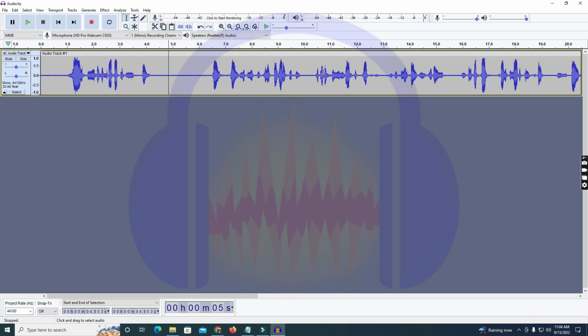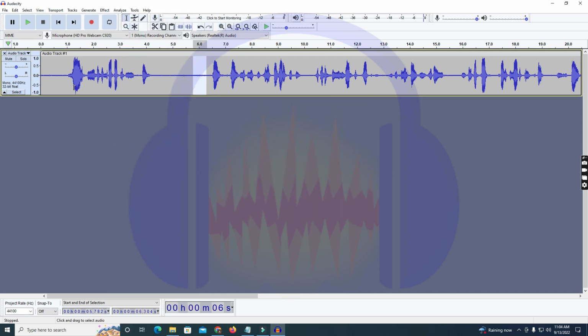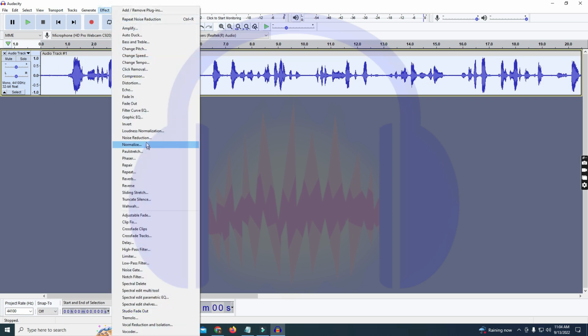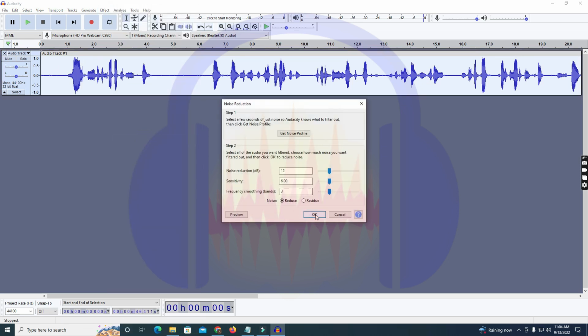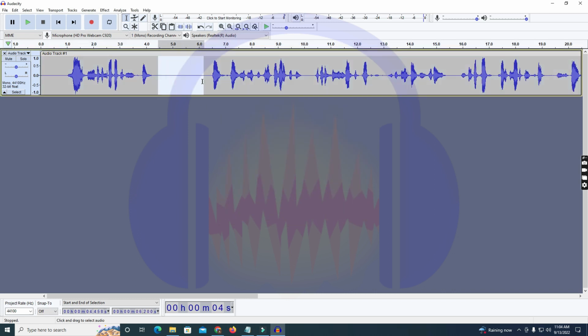Sometimes you will see that the noise is here again. Just select this position and do the same noise reduction: get noise profile, and the similar process. Click OK, and you can see that the graph is a straight line and there is no noise. If I play from the beginning,